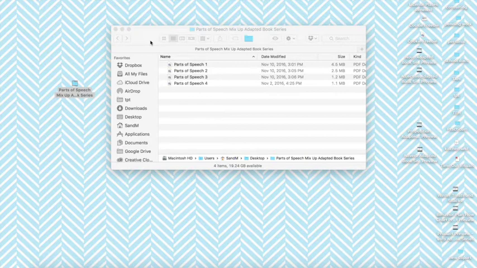So I made an adapted book series for each part of speech. I made one for nouns, verbs, adjectives, adverbs, prepositions, and pronouns. And after I made all of those, I loved them, but I wanted to make sure I had a component that incorporated discrimination. So even though you bought all those other books, or you got the bundle, you got all